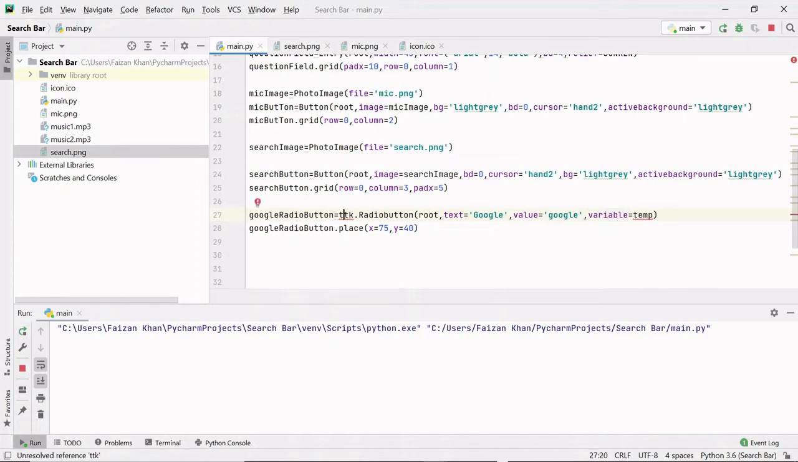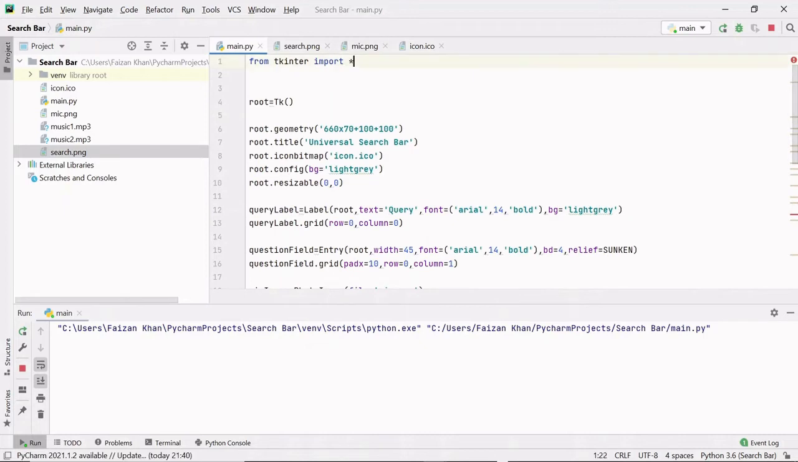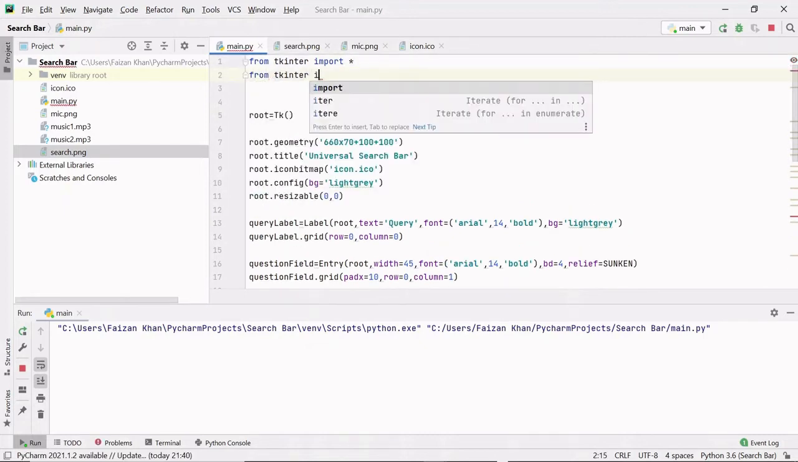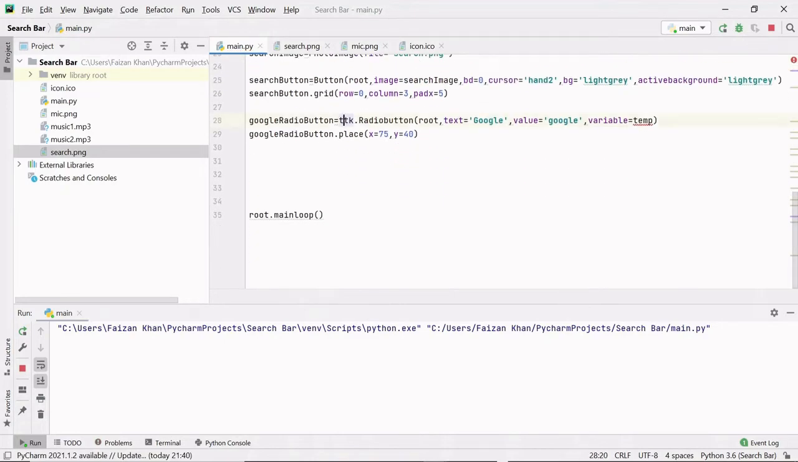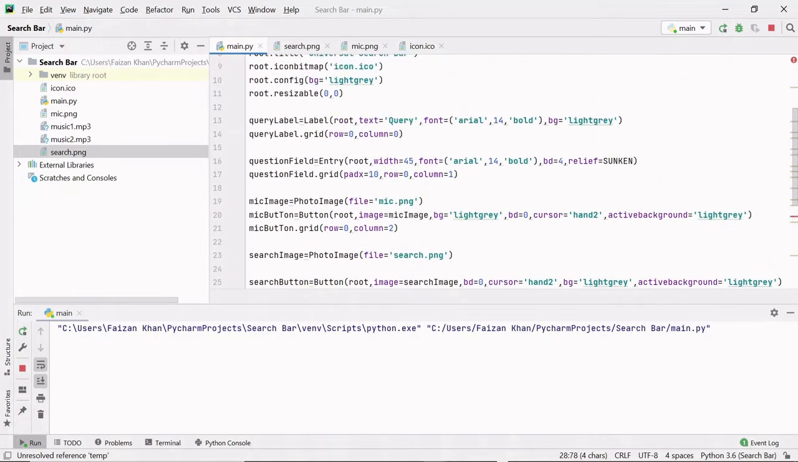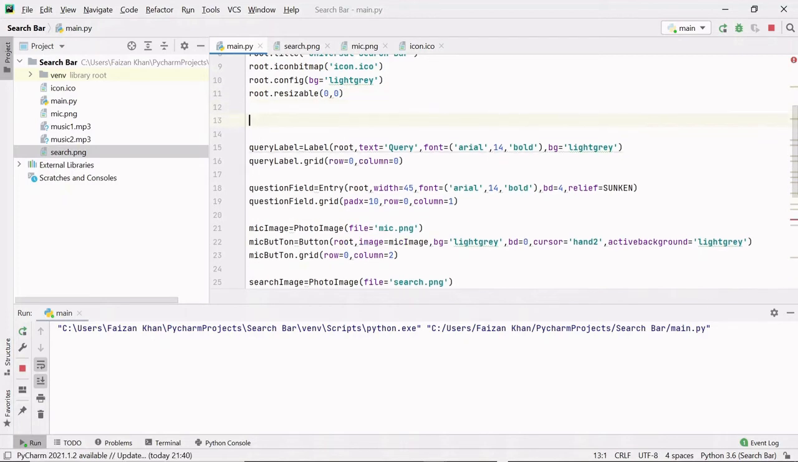This ttk is an extension of tkinter module, and Radiobutton class is not inside tkinter module, but it is inside ttk module. So we can use this class with the help of ttk. So we need to import this. Here I'll write from tkinter import ttk. Now this error is gone, and here this temp is not defined, so let's define this. This is a tkinter variable, so here I'll write temp equals to StringVar. So this temp variable is a string variable,